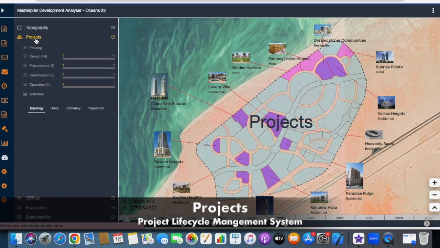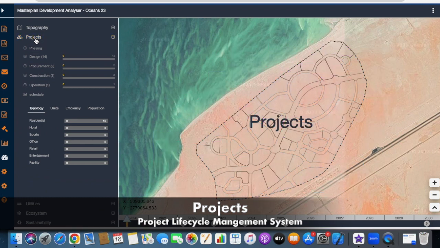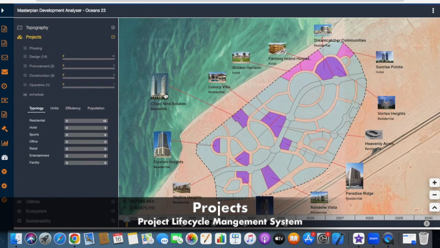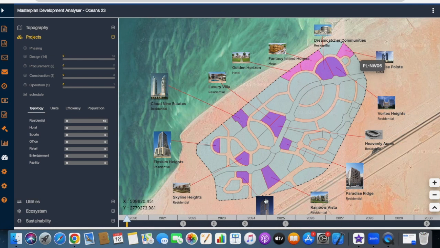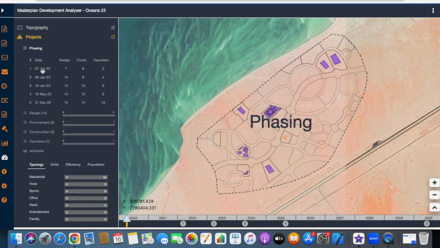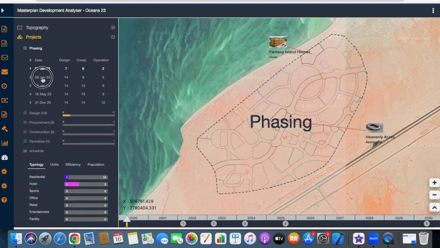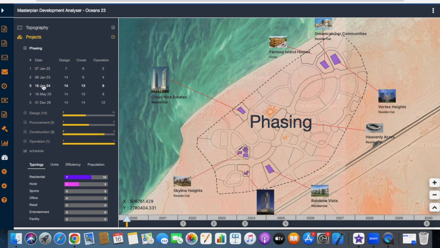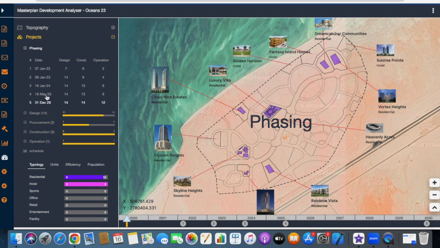The projects menu is one of the most frequently used menus. You can view all the projects, marked with a thumbnail on the plots they belong to. To see the stage-by-stage opening schedule, expand the menu and click on Phasing. Clicking on a date will display the projects and infrastructure scheduled to open. This will help you understand the stage-by-stage opening schedule and identify projects that need to be accelerated to complete before